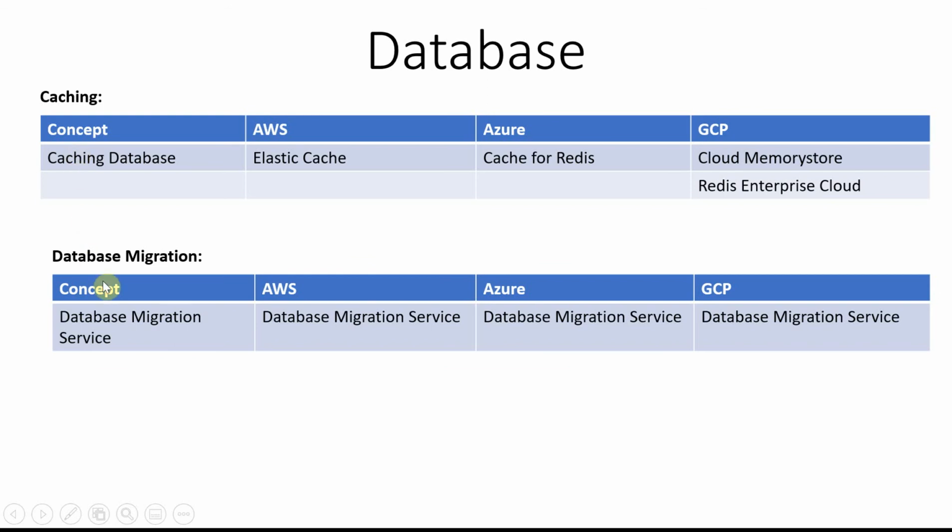Yeah, that's about the caching layer. And this doesn't come under the database category, but it's similar. I mean the tools which will help you with migration of databases to the cloud. So in that category, the primary one is the database migration service. So you already have an on-premise DB and you want to migrate to cloud.